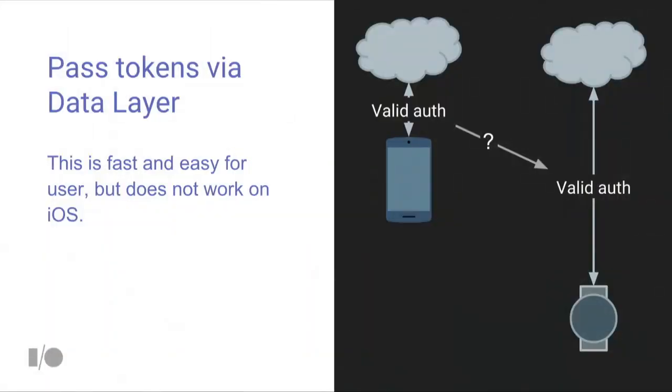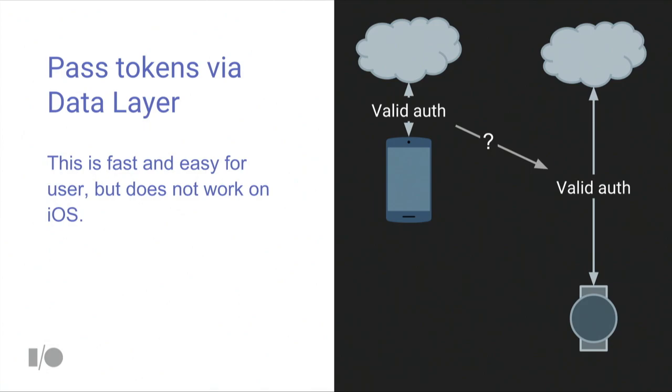So if you're familiar with writing Wear apps on the data layer, you might have already thought of one way that you can get a token over to the watch. That's to request that token on the phone and then pass it over to the watch via the data layer. So this method has some benefits. It's fast and easy for the user, but it may have some problems if your auth provider doesn't like the